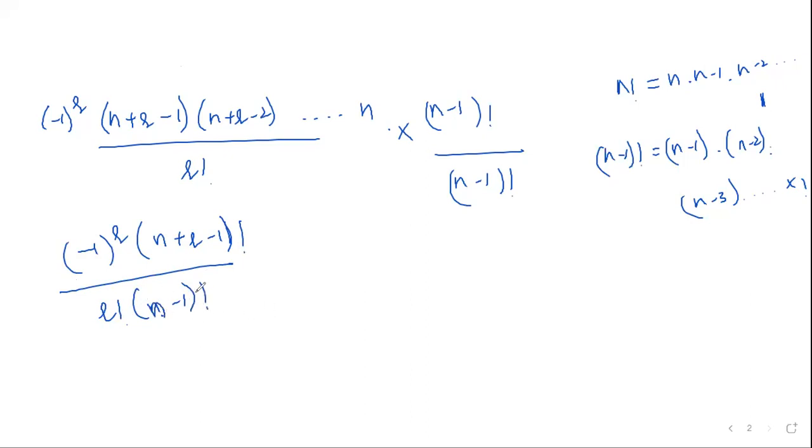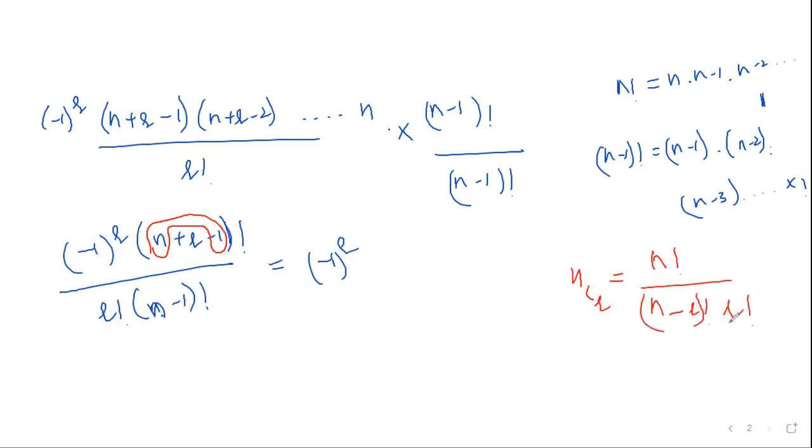Okay. Now after that, this can be written as minus 1 power r. Now if you see n minus 1, if I am considering it as one term, then n minus 1 plus r, okay, this can be taken as n minus 1 plus r factorial. Now if you want to define what NCR is, NCR is written as n factorial by n minus r factorial into r factorial.